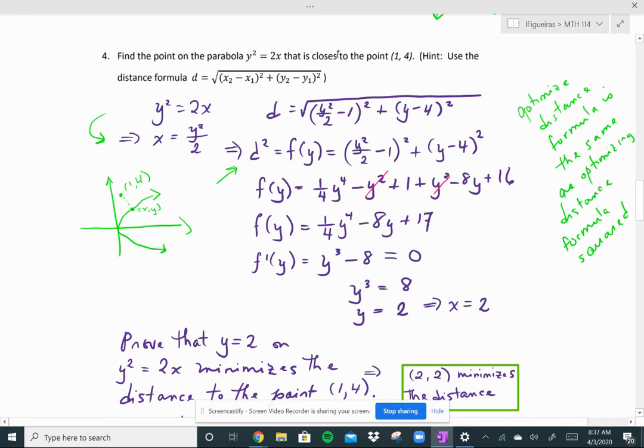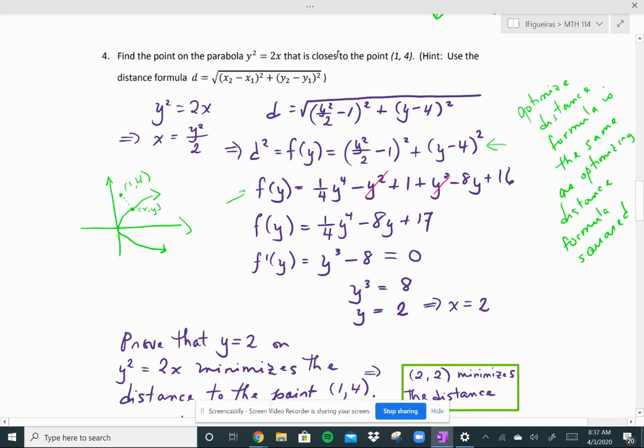I'm going to call that my function of y because everything is in terms of y. Then you end up with what you see on the right, which is the inside of what was inside the radical above. All right, so in the next line, I'm going to FOIL these binomials. So I'm going to FOIL the (y squared over 2 minus 1) squared and the (y minus 4)